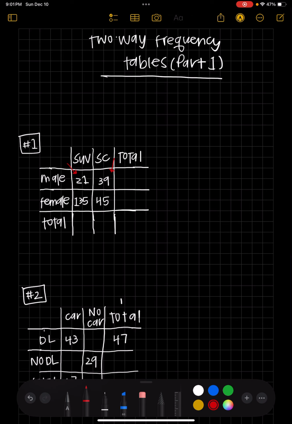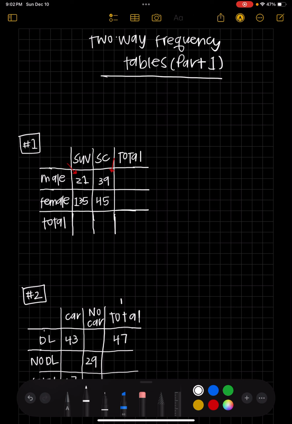And so notice that there are also two columns that haven't been filled out, and those are the total, or I guess there's a column and a row, and those are the total column and the total row. And the good news here is what we're asking you to do for this self-check and for these examples is just fill out the rest of the missing information on here. And so